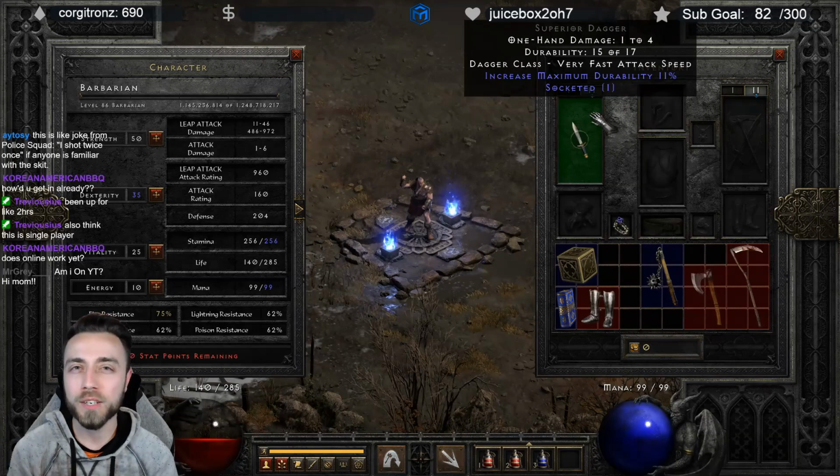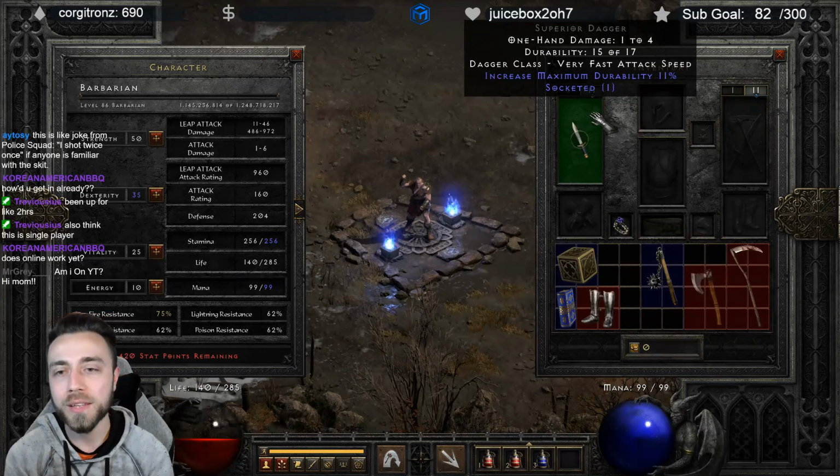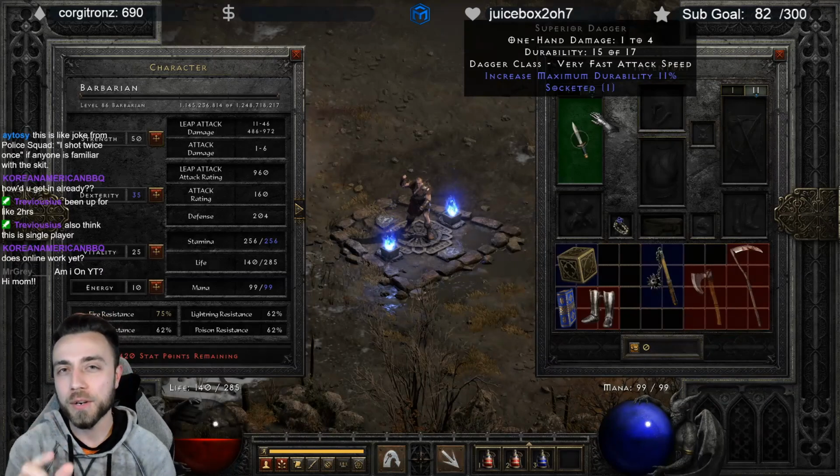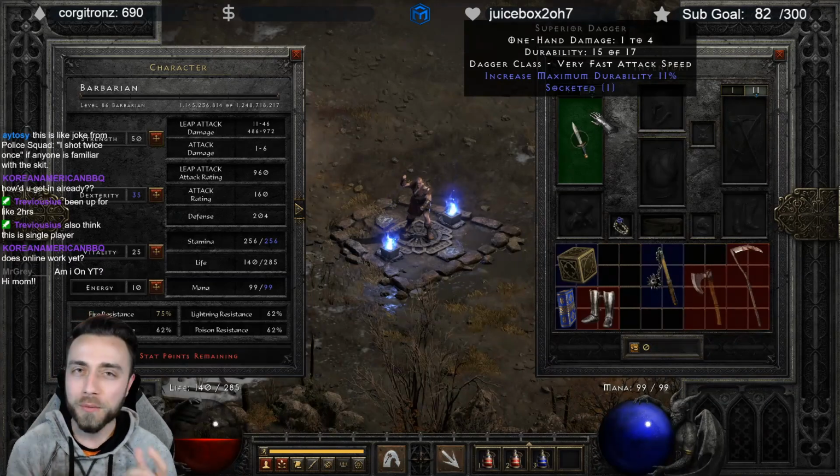I also tried putting an extremely powerful weapon onto the slot, and while the main weapon is doing a lot of damage, I'm seeing very similar results for Leap Attack damage, so I don't think it's double dipping anywhere,